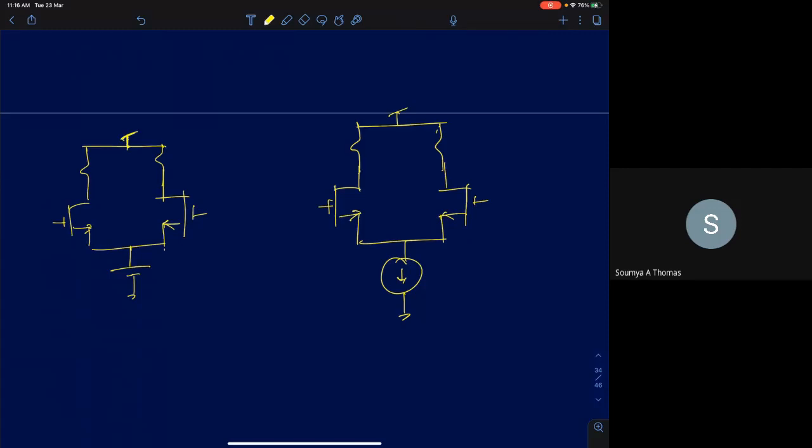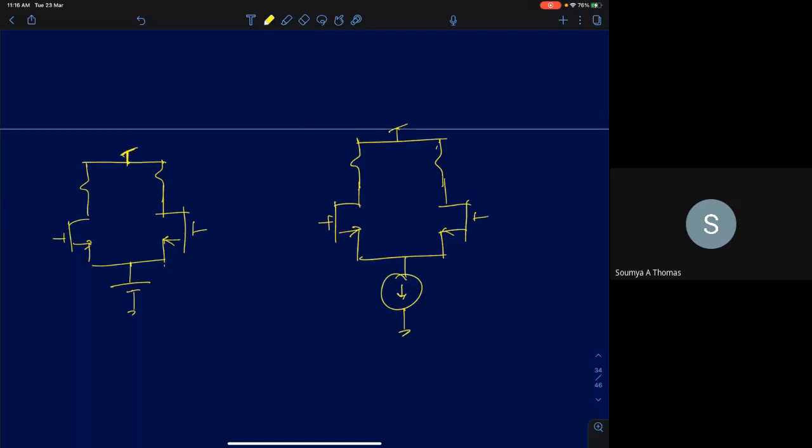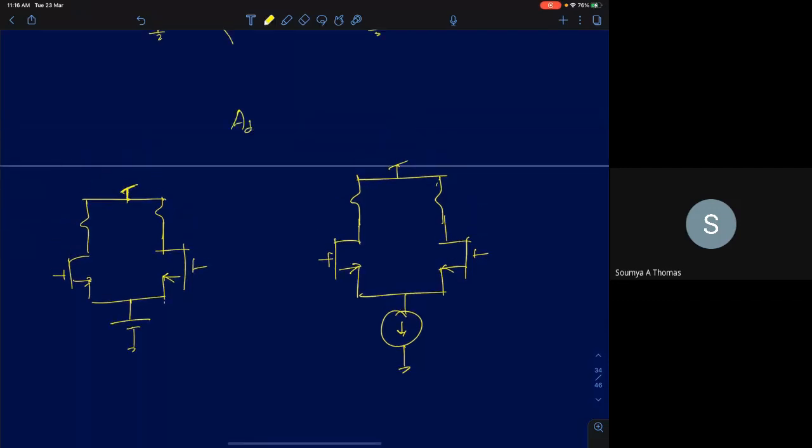So in the previous lecture, we discussed differential amplifiers, and we saw how to compute the differential gain and the common mode gain of a differential amplifier, and finally a very important metric for a differential amplifier, which is ACM-DM. The differential gain is given by, so if you have a differential amplifier, I am representing it by this symbol,